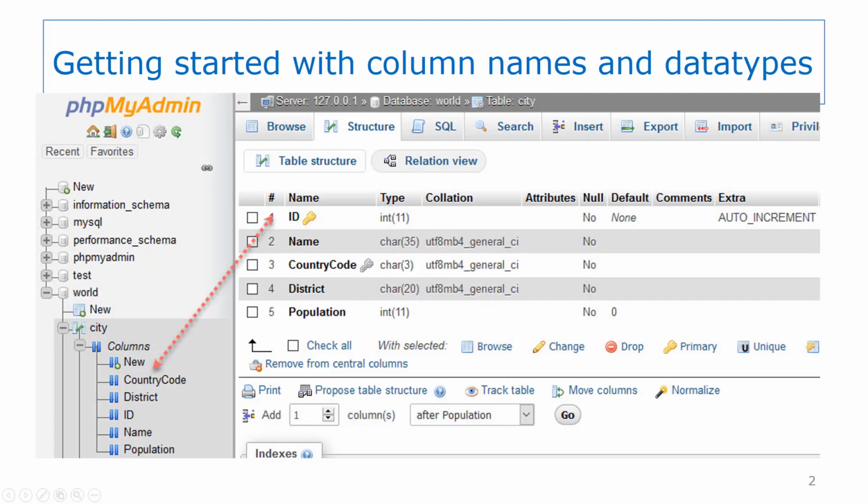In this video, we'll look at how column names are assigned. We'll review some of the rules for names and some suggestions for creating good names. After that, we'll look at some of the data types that can be used with columns. Column names and the data types assigned to columns are two of the biggest factors you'll deal with when working